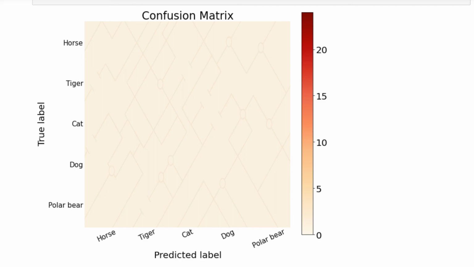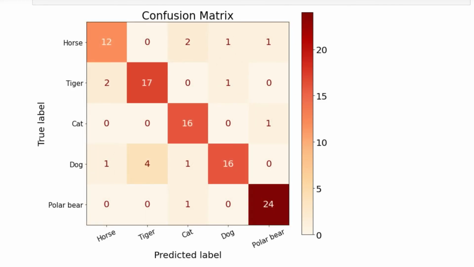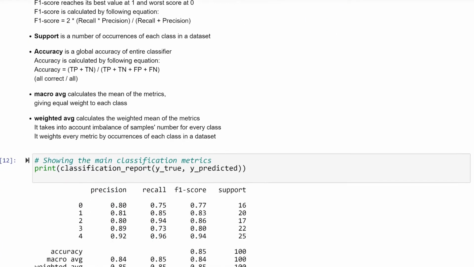In an ideal situation, when our model has 100% accuracy, we could see here in the diagonal only true positive cases, and the rest of the confusion matrix would be 0. Anyway, with the help of the confusion matrix, we can visually analyze misclassification. This color bar shows how close one particular cell is to the maximum value. Color intensity of the cells also helps visually analyze the confusion matrix.